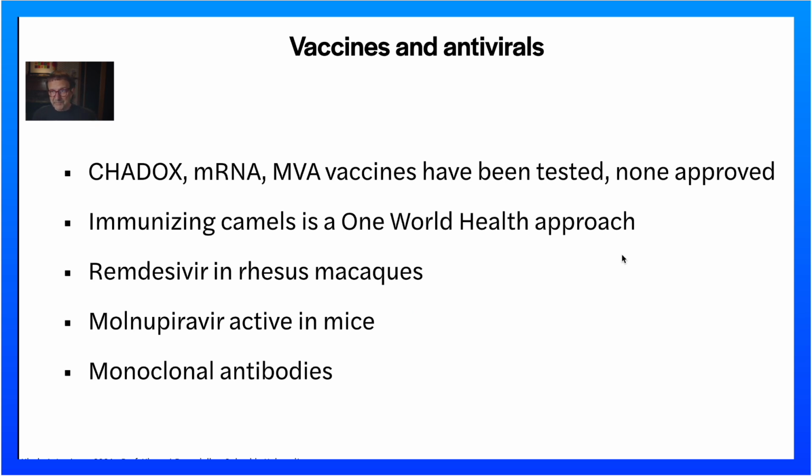And there's some antivirals that we know, remdesivir, molnupiravir, they work against the virus in animal models. They haven't been approved. They haven't gone through clinical trials. I mean, the other problem is, how do you do a clinical trial? There are not that many cases, right? There are monoclonal antibodies that could be used therapeutically, but it's hard to test them because there aren't that many cases. So we're at a point where the only thing you can do is supportive therapy for MERS.